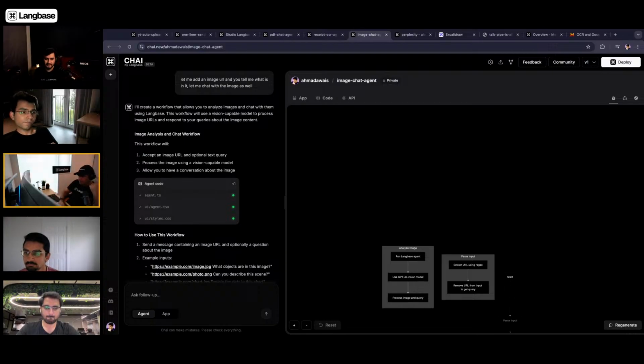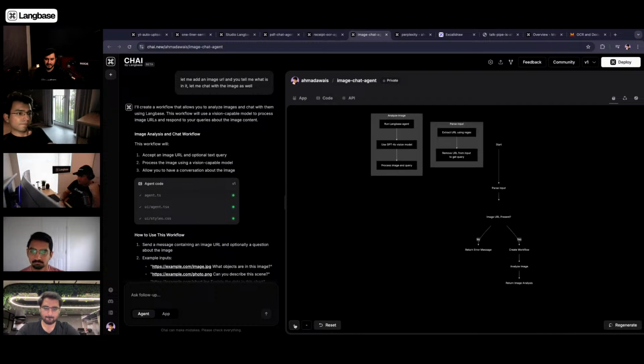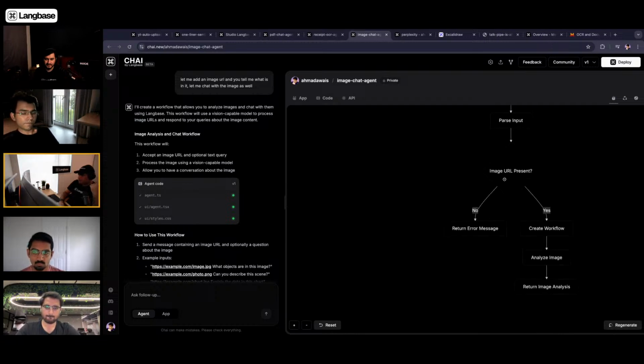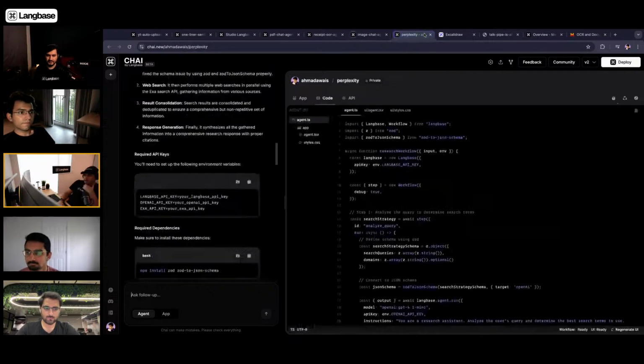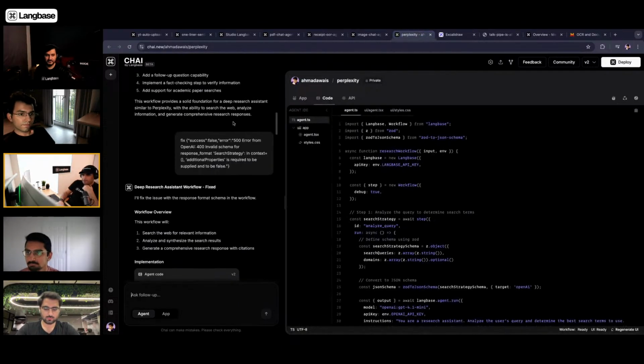There you go. We are basically just parsing the input, figuring out if the image URL is present, and analyzing that image, right? And extract the URL, and finally use Langbase agent GPT-4o to process the image. Pretty simple, right? I also created a couple more, like there was this one where I